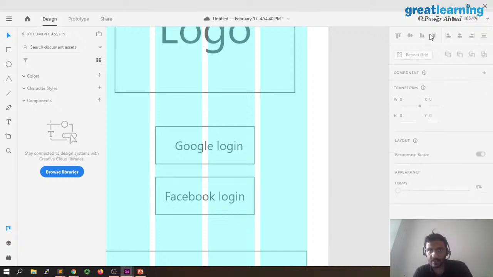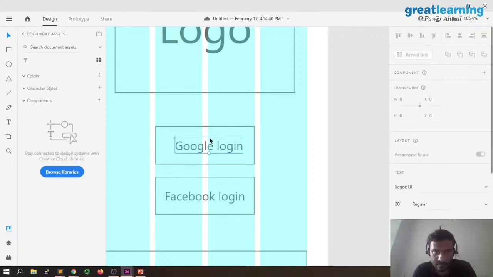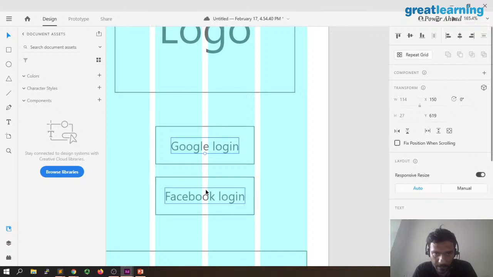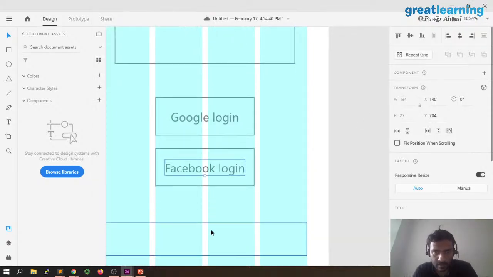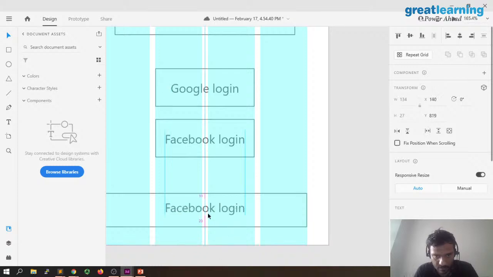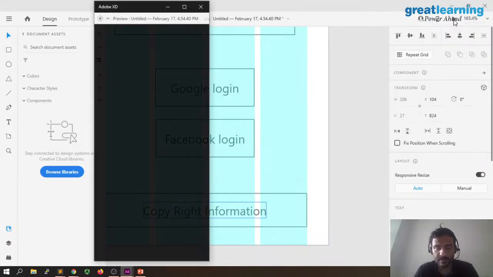All right, just gonna scroll in fast. All right, I'm gonna make this into middle. All right, so this is a very, very simple wireframe. Once again, you can also just copy paste. We can put copyright information over here. Yeah, this is how your websites have it.